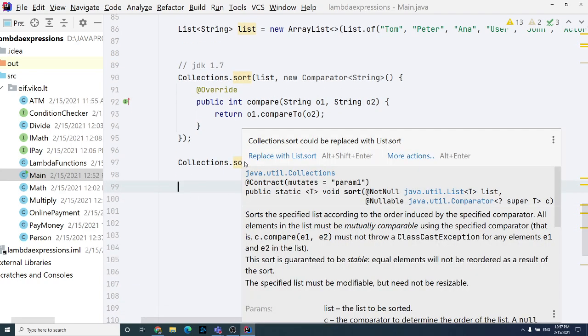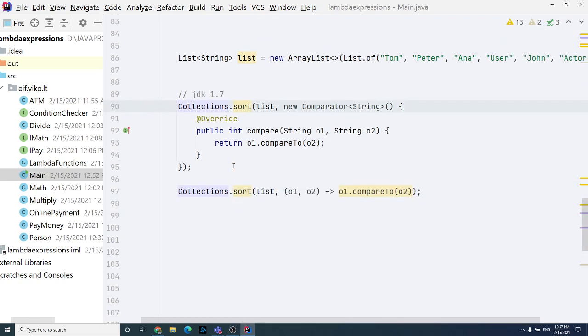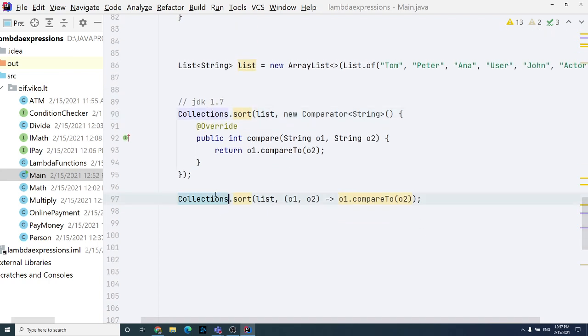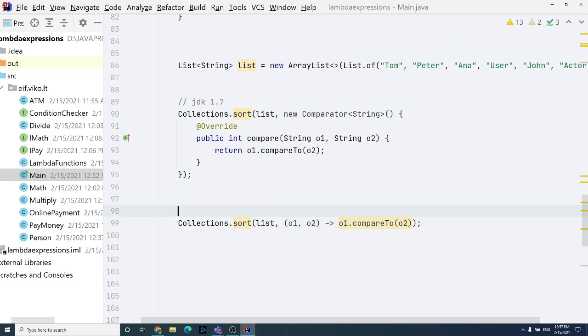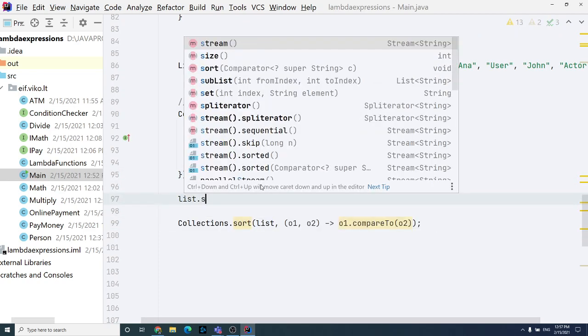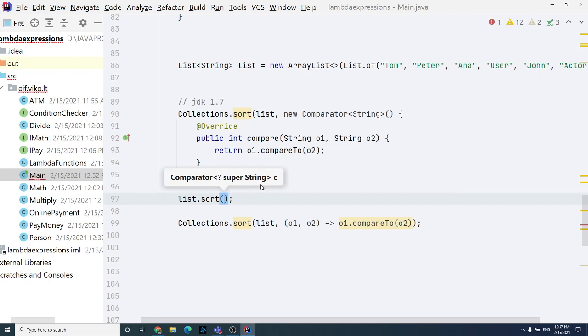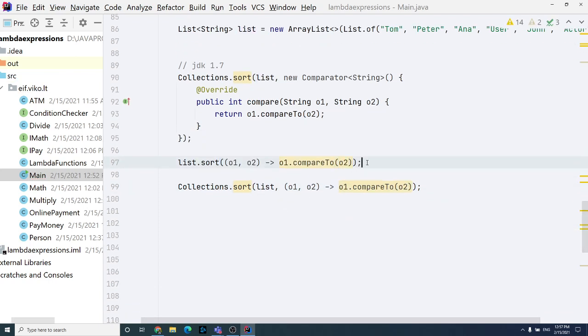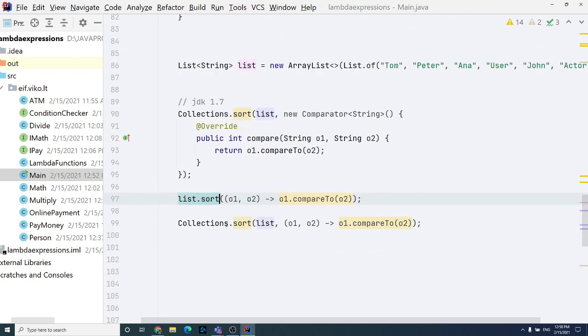And as you see here, you're able to replace list.sort. Because we're using Collections, it's a main class. Instead of this, you're able to pass a list. There is another option, list.sort, and here we're passing a comparator, new, or just passing this comparator. Basically the same, working the same, but you're sorting only that list you needed, not a collection, not